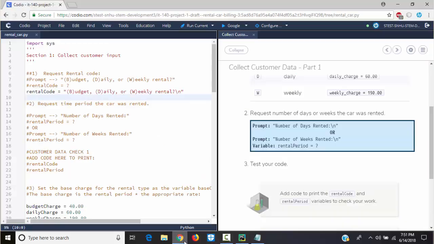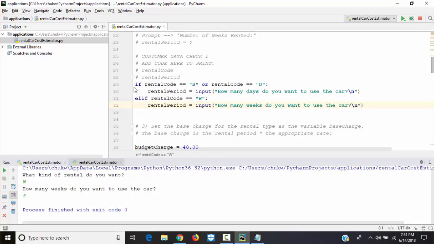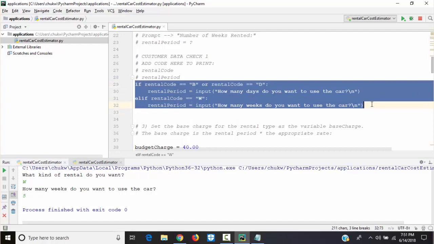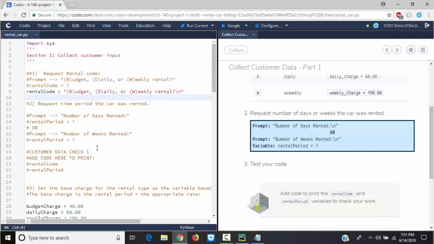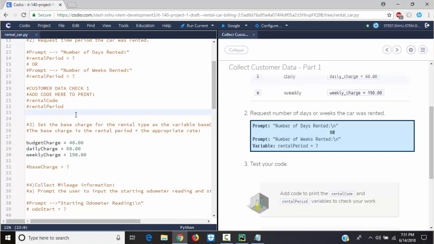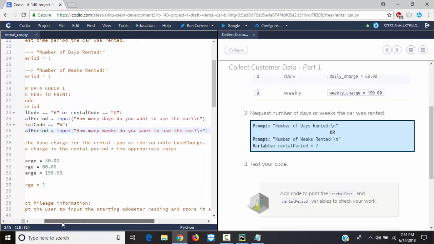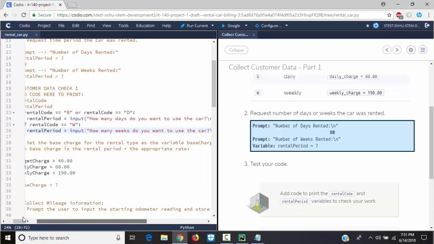All right, so I'm gonna come here and let's write it here. The only thing is number of days rented. Let me go ahead and I'm gonna copy this, right? I'm gonna copy this like this. I will just change the way they want it, but it's the same stuff. Just the only thing I'll change is just the way they want it. Come here.